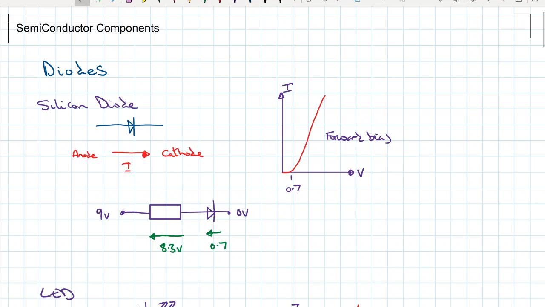Current only flows in one direction, in the direction of the arrow on the diode symbol, anode to cathode, so greater potential to less potential. If we look at a transfer characteristic graph, as soon as we get to forward bias, which is approximately 0.7 of a volt with a silicon diode, then it starts to conduct, and it conducts really rapidly. So current